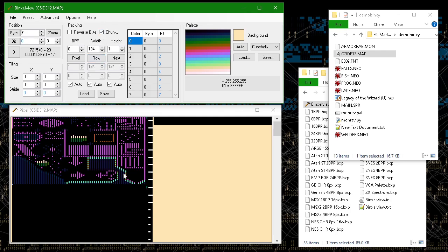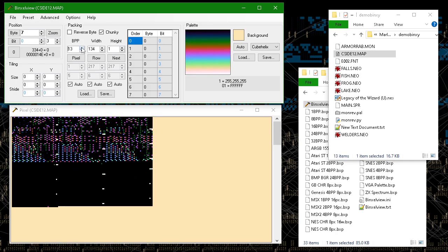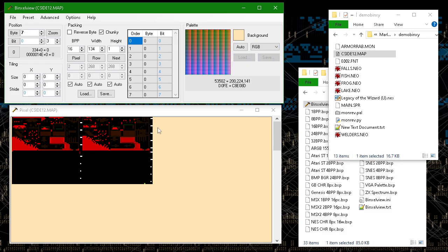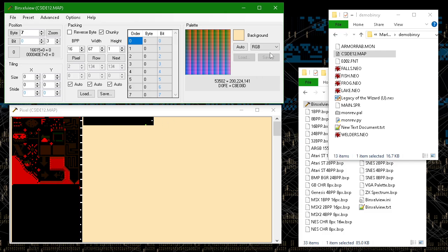And the reason there's a black column every second column is that this is not 8 bits per pixel, but it's actually 16 bits per pixel. I'm going to visualize that better. But now, because I've gone from 1 byte per pixel to 2 bytes per pixel, the width needs to be cut in half. So there we go.